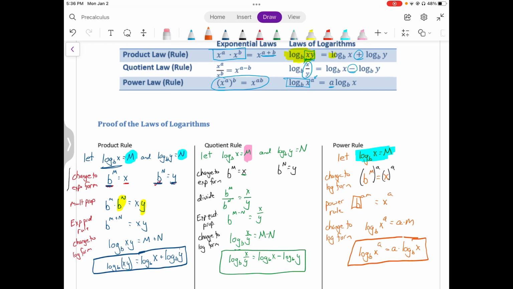So those are our three rules that we'll be using quite often. So make sure you know those. Make sure you can convert between the two forms. We'll learn one more property towards the end of this lesson here,